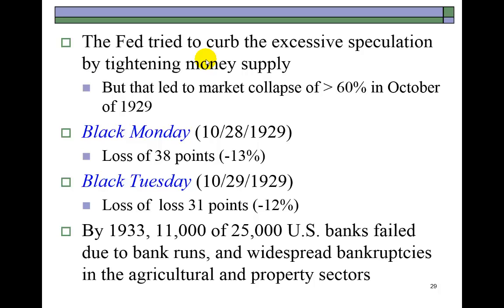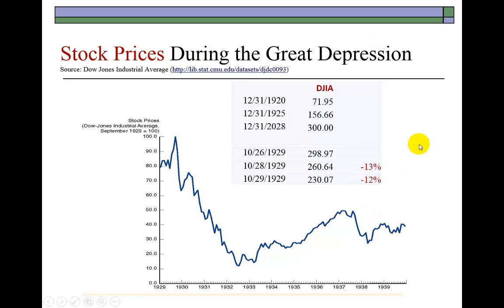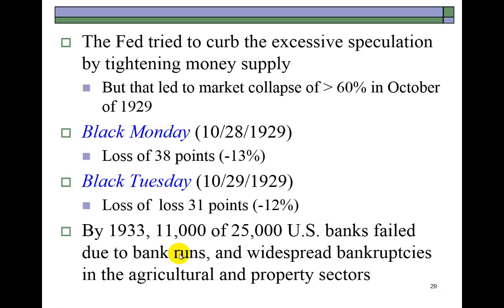And then in the 2 months before the stock market crashed on October 28th and October 29th, industrial production fell at an annual rate of 20%, which was really, really huge. And in those 2 days, the Dow lost 25% of its value, as I showed you right here. By the middle of November of 1929, the market had already lost more than half of its value. So these are 2 days of infamy, and what happened thereafter was the Great Depression that continued for many, many years.